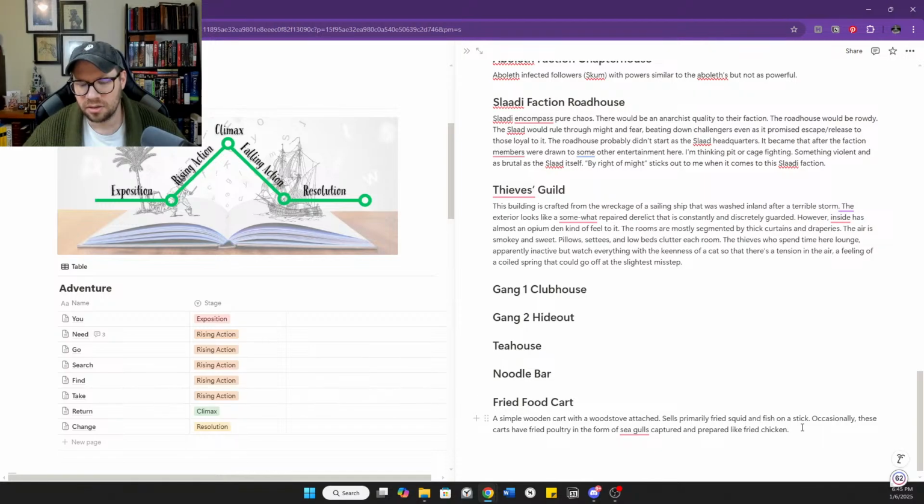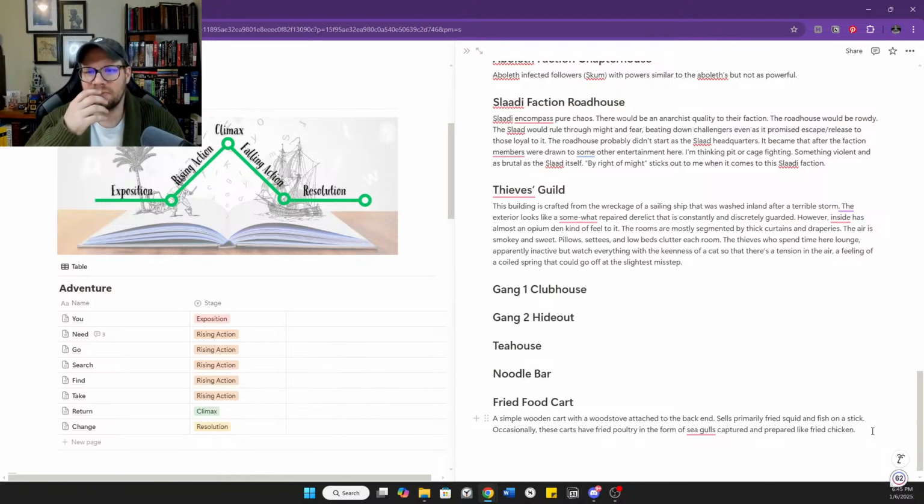Let's see here. What does a cart look like? It's a little wooden cart, like we said, with a little wooden stove attached to the back end. And maybe, what does it smell like?